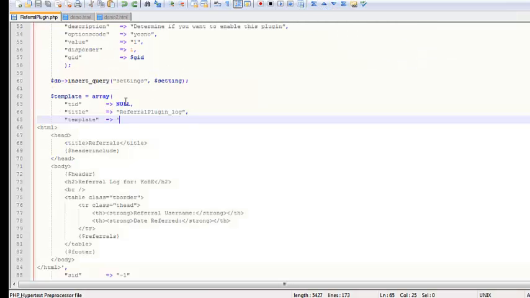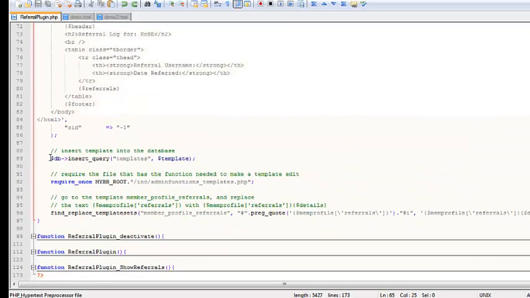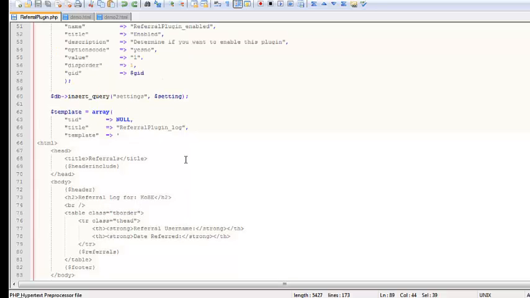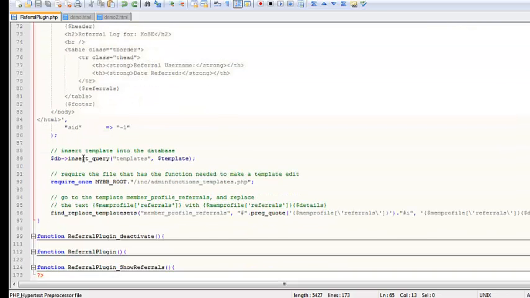Alright, so once you get your template kind of figured out, you do an insert query for that, and it's kind of the same thing with the settings. These are all the field names in the table, and it inserts it right into the templates table. This line here brings in this find replace template sets function, which allows us to go into an existing template and replace pretty much whatever we want in there. And what I'm going to do is go into these template sets here,